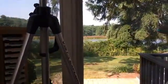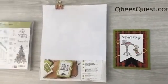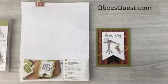So anyway, let's get started, and I will show you the card that I'm casing, and I'll show you the card that I made today, and then we'll get down to actually making it. I have to flip around the camera to do that, so just give me a second. Need to find the flip button. All right, and let me move my camera up just a little bit more,